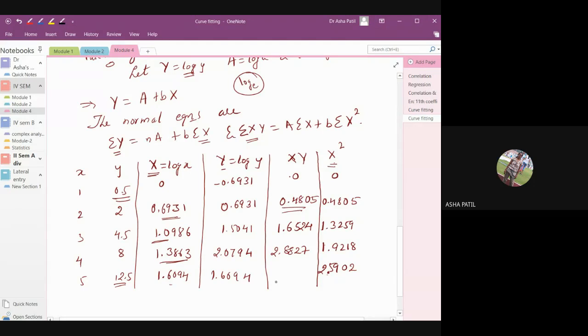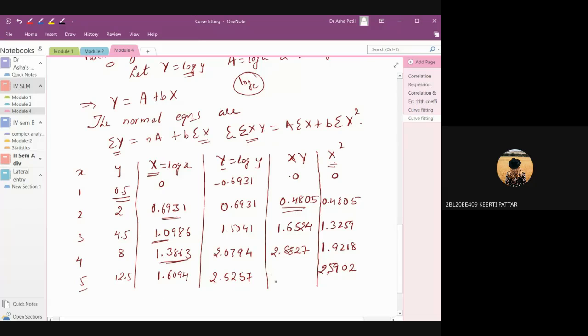1.6094. Same it is. How come? 2.5257. Okay. While writing the values, check it. See, you told 1.6094. How can the values be same for log x and log y when the values are different? Don't write them as it is. While writing, have a look at the terms, what you are writing, whether you are writing correctly or not. Multiply these two.